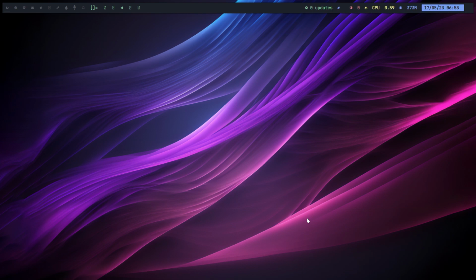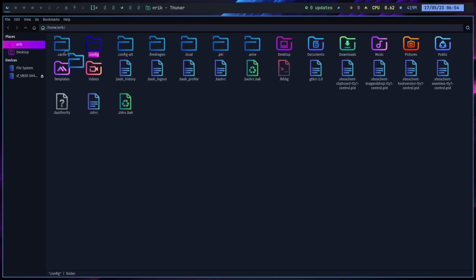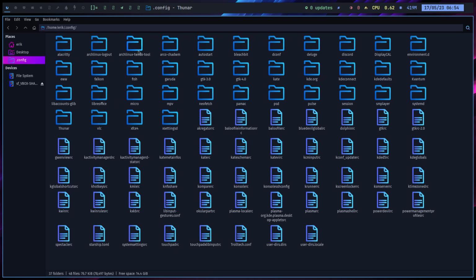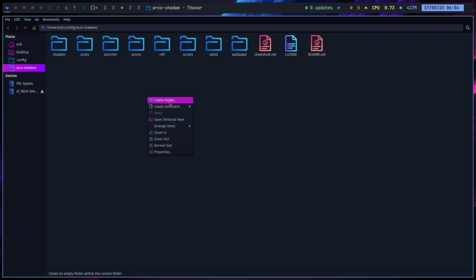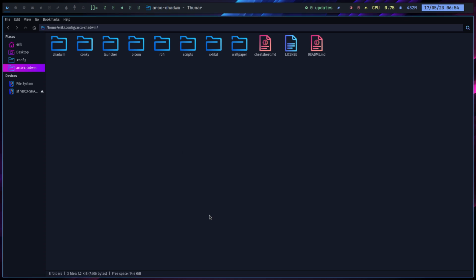Why? All right, let's investigate, and let's be Sherlock Holmes. Config. Ripgrep. Not create folder, open terminal, can't find a fallback terminal emulator thingy. We use,